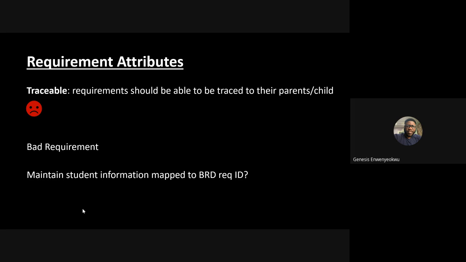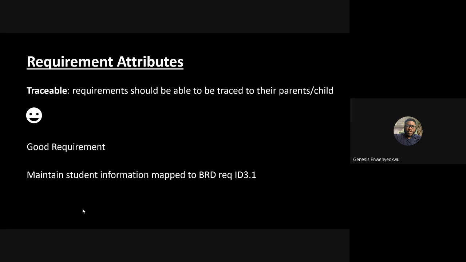If you want to trace it, if you want to perform that traceability, you basically tell stakeholders that they should maintain the sign up feature or maintain student information as mapped to BRD requirements, BRD HLR 003. So in that way, you've provided a very good traceability for stakeholders. They can refer to that requirement without having to beat around the bush. They can directly go and search for that particular requirement ID to get clarity on the requirements you are trying